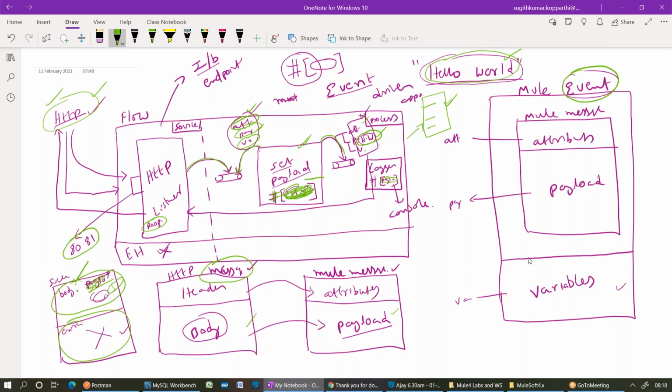Suppose you are using a file system and you want to process a file. I will create one Mule application, and in it a flow. In the source part, I will configure one component called On New or Updated File. Whenever a new file is added, my file endpoint will pick it up and process it. I don't have any processor here. I can deploy, and it will be processed. That's it.